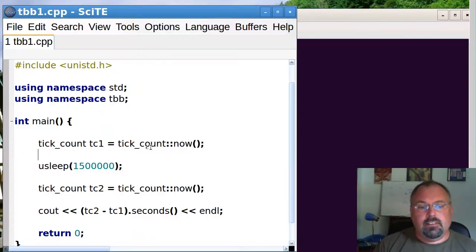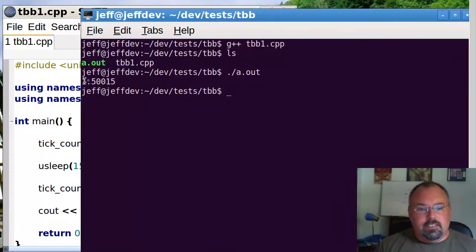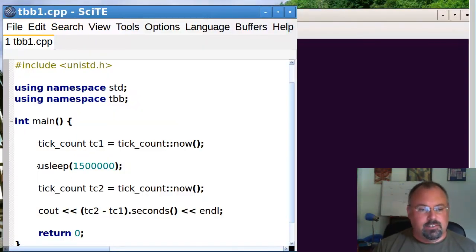I created an instance of tick_count and did my sleeping, and then did another instance, and then I subtracted. And you can see it turned out just a little bit more than 1.5 seconds. Supposedly the usleep function is extremely accurate and will give you exactly what you want, but it took just a little bit more time to actually call into tick_count and get the value of now, and that's where the extra little bit of overhead is, but it's pretty close.